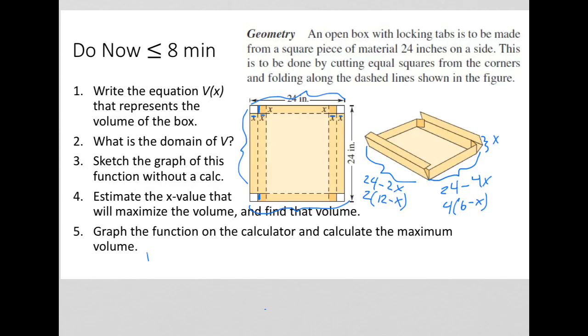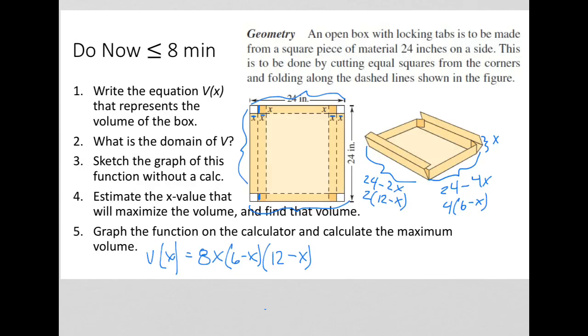So the volume in terms of x is going to be length times width times height, which gives us 2 times 4 is 8, times our height x, times our two factors (6 minus x) and (12 minus x). So as a function, this function will continue on forever in negative x and positive x world,